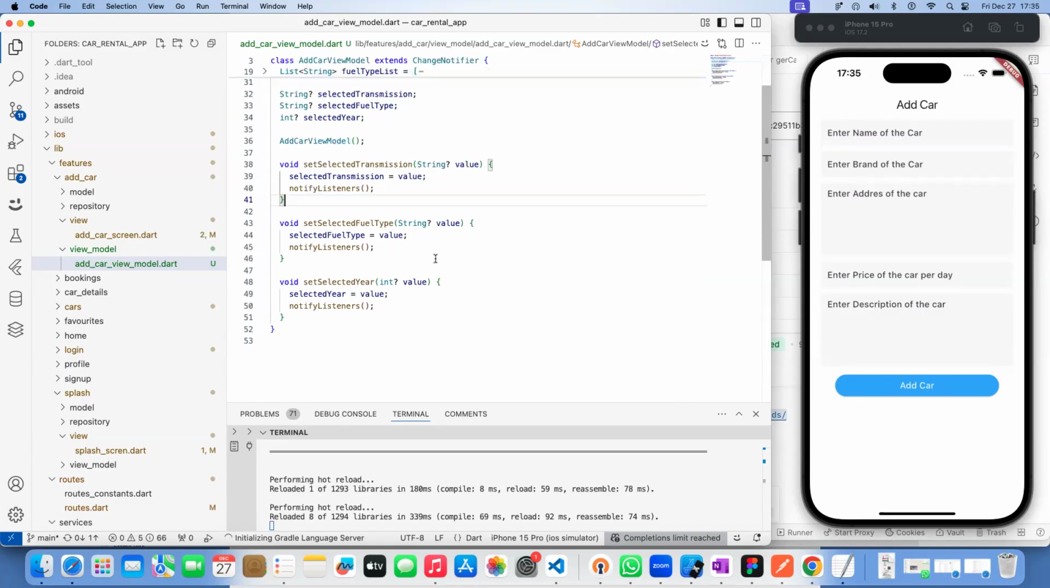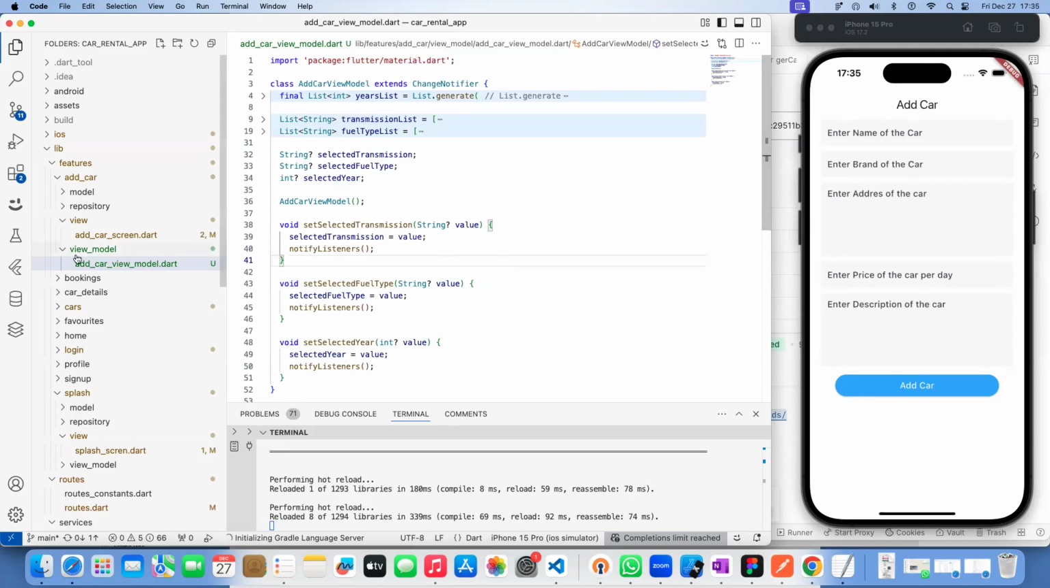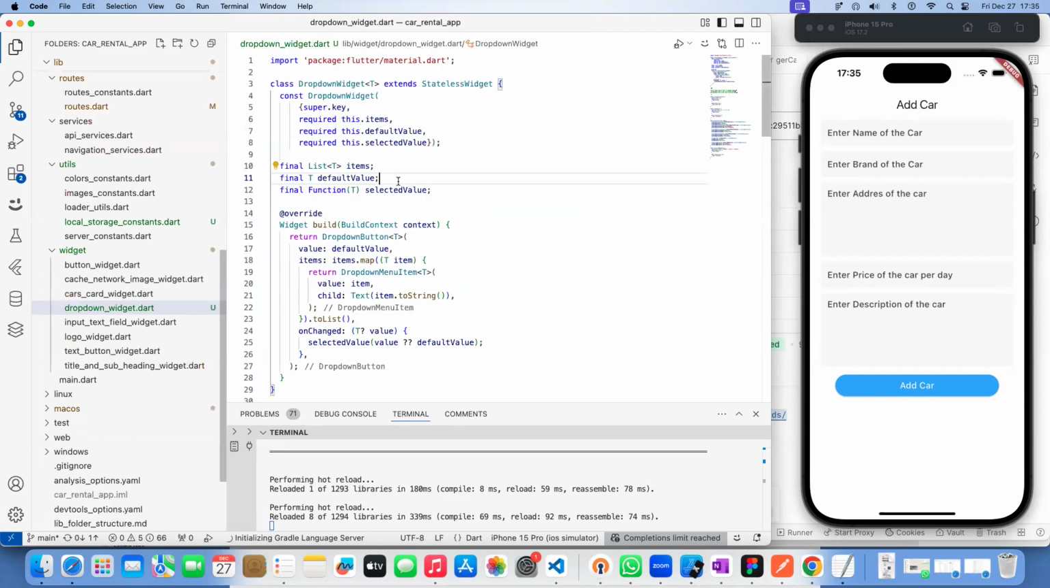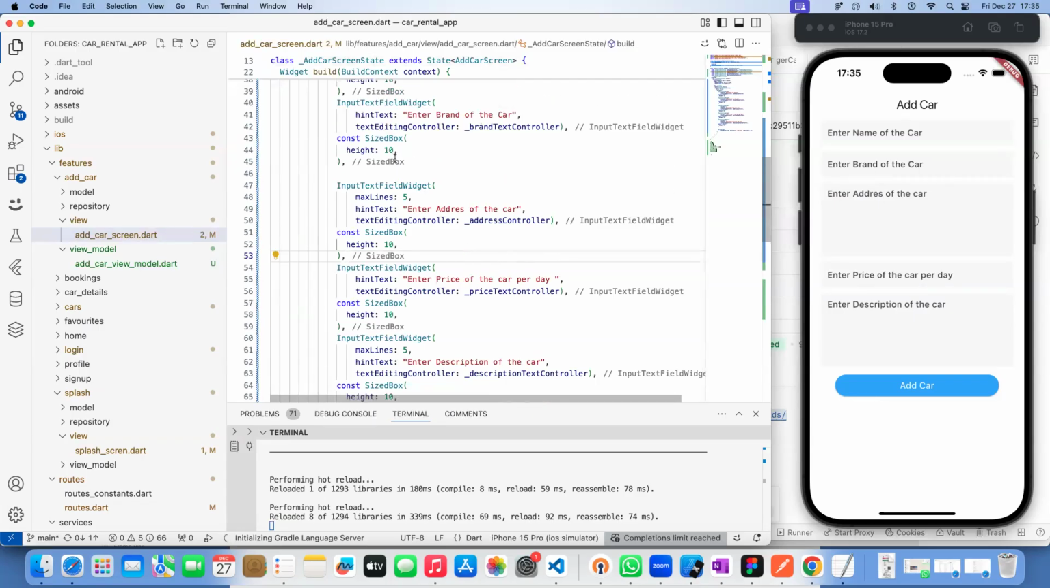Okay. So this is the logic of the drop down selection. The logic is done, the list is done. The only thing is I want to use this drop down in the add car screen, where I require the year, name of the car, brand, and address. Before address, I want to load the